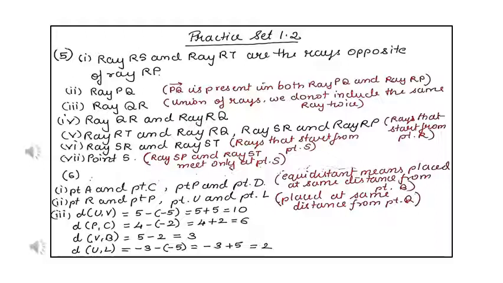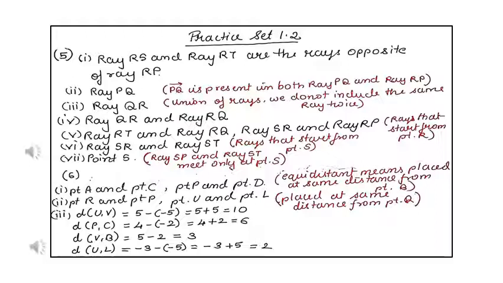They have given us a number line with a few points on it, and based on this we have some questions. So you can refer to the earlier slide for the same question. They have asked us, state the points which are equidistant from point B. Equidistance means they have the same distance from point B. So we have point A and point C. Then we have point P and we have point D. That's it.